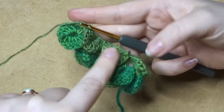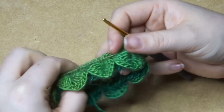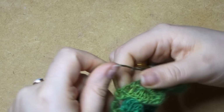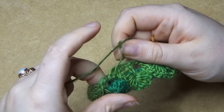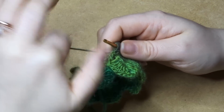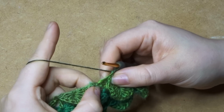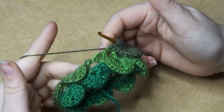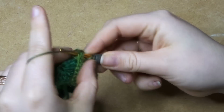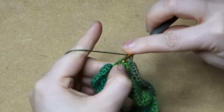So as you can see, these ones are in between the last set you did. Carry on all the way around, and we'll talk about what you do on this last part here. I'm going to do this last stitch with you. So I've gone all the way around, and now I've got the last 2 double crochets to do and the slip stitch. So as usual, underneath, work your way down,